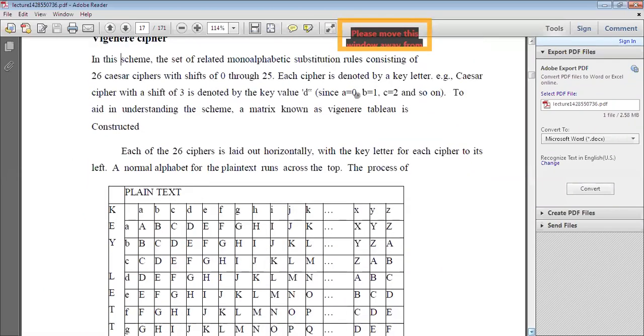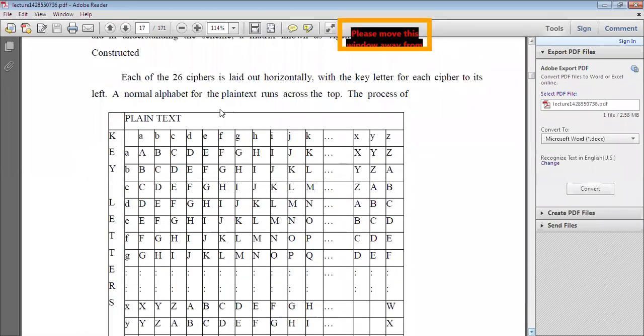With these 26 letters, we have to write a table, that is, create a matrix of 26 by 26.